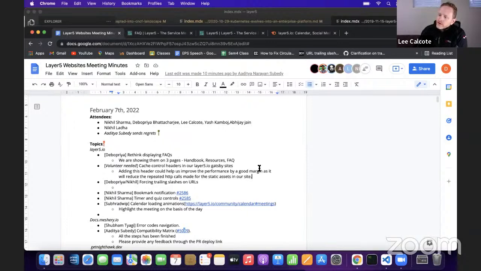So Nikhil, I would be dumbfounded if there isn't a Gatsby plugin that configures cache control headers. This is a great point that you've brought up. If we haven't swapped the image, if we have the same image name and they've already got it in their local cache, why are we going to waste the time? Let's give them a good experience.